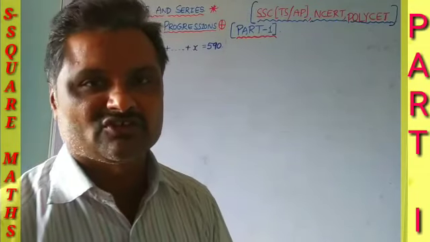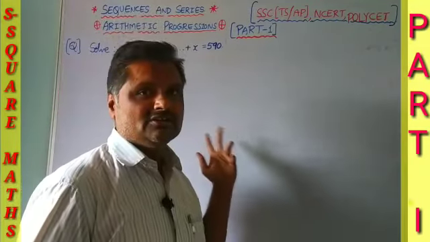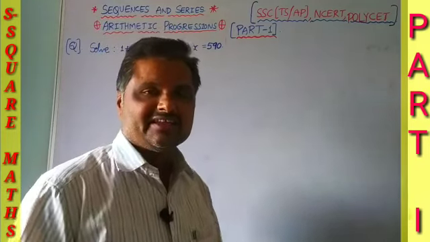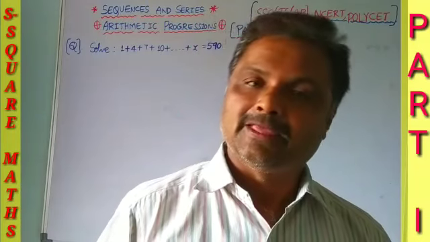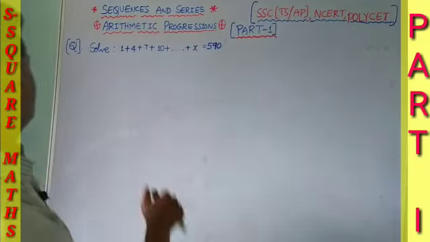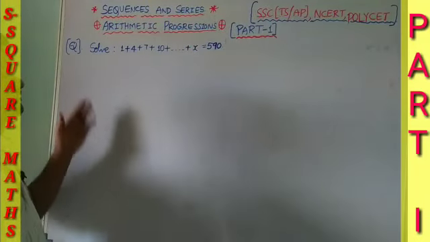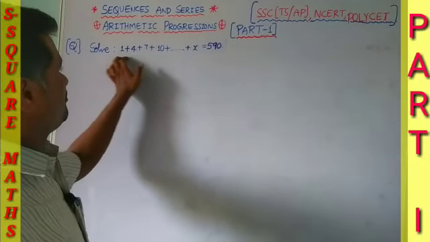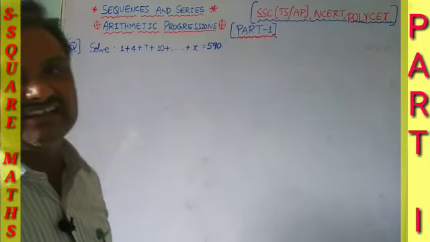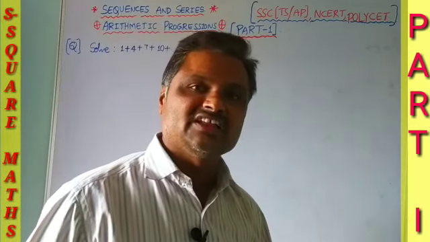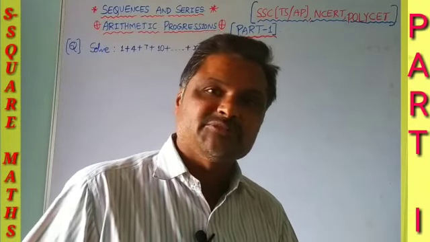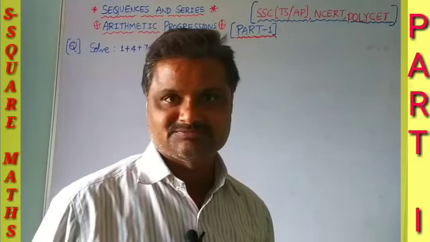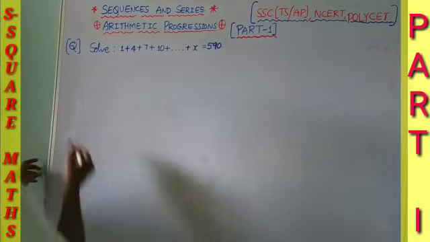Many of the students will pick up the formula to find out x, the nth term, the particular term or the general term. But since the sign between the terms is plus, the sum of the terms is given as 590. So to get the x value, first of all you have to consider the sum of n terms of the AP. This is the important point here. Let us start now. Solution.